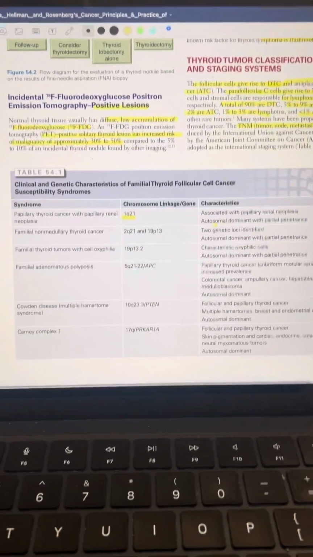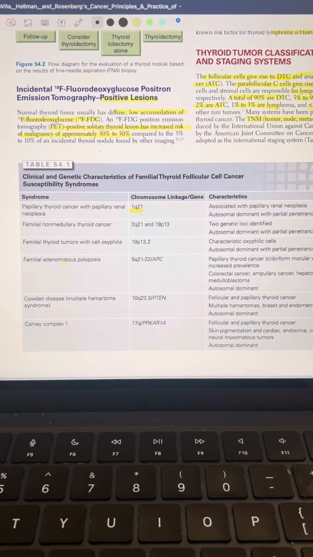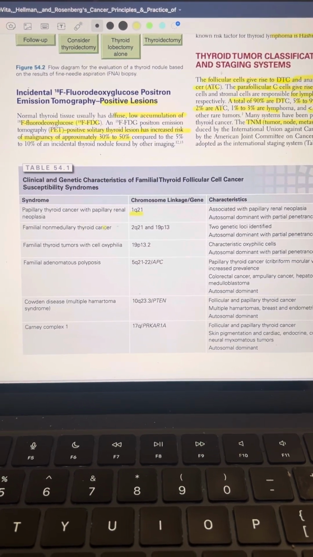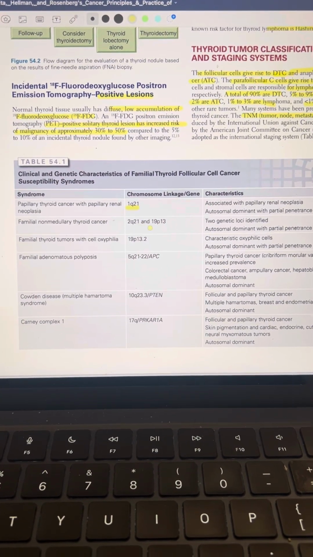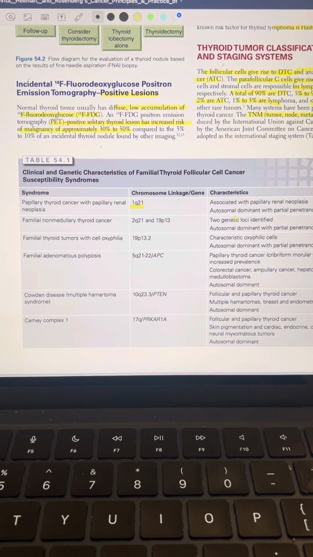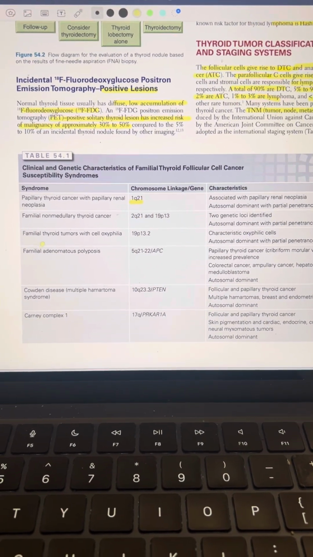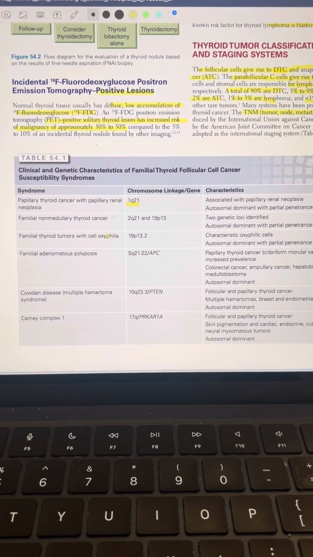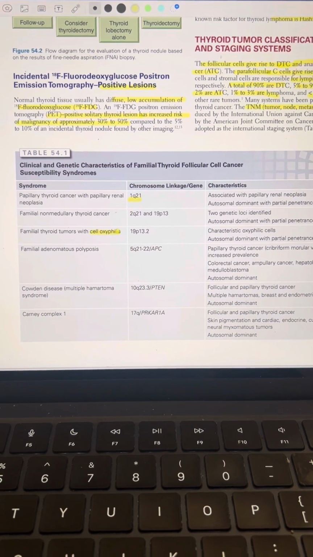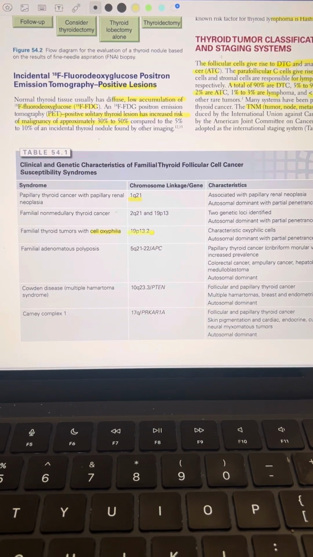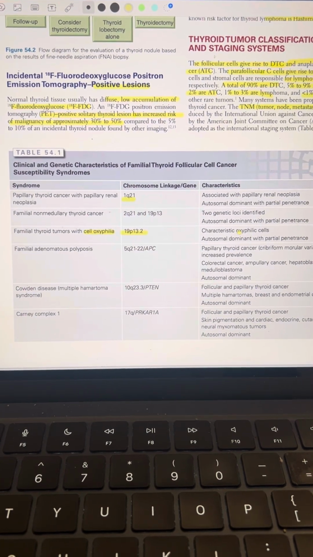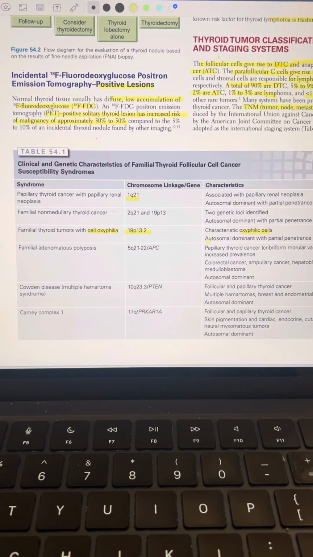Then there is familial medullary thyroid cancer and familial non-medullary thyroid cancer on 2q21 and 19p13, which are two genetic loci identified, autosomal dominant with partial penetrance. Then familial thyroid tumor with cell oxyphilia on 19p13, characterized by oxyphilic cells, autosomal dominant with